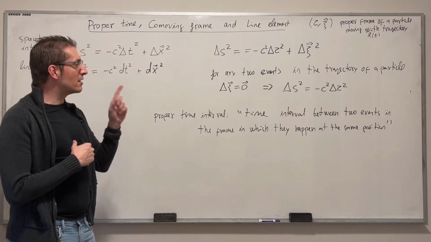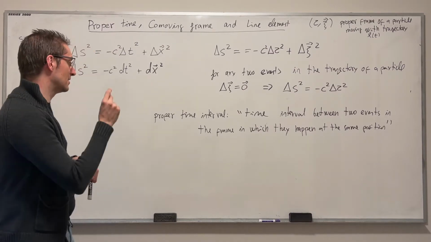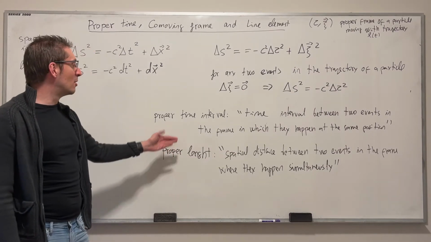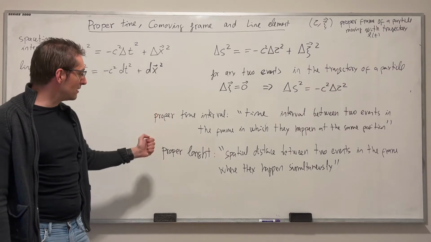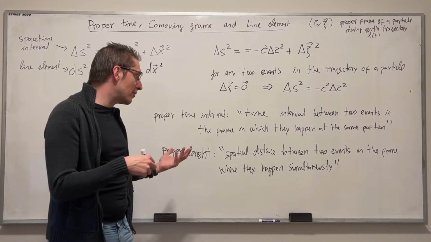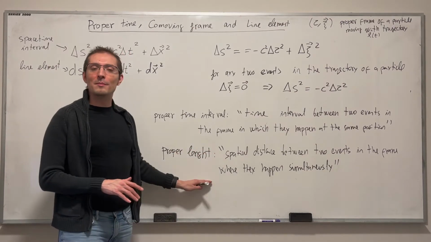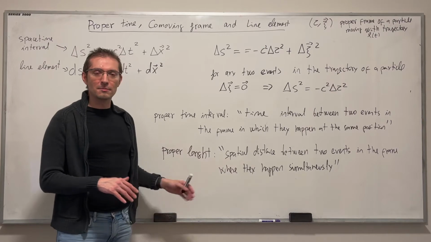All right, I'm going to define one more thing before moving to the next thing. The notion of proper length is very complementary to the notion of proper time interval, which is proper length is the spatial distance between 2 events in the frame where those events happen at the same time. Now, I'm not going to tell much more about that, just take it as a definition,